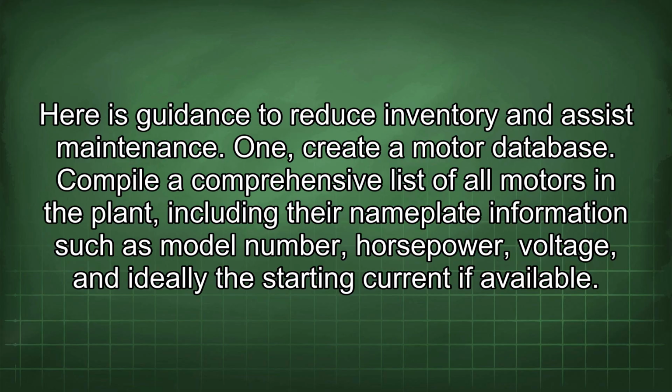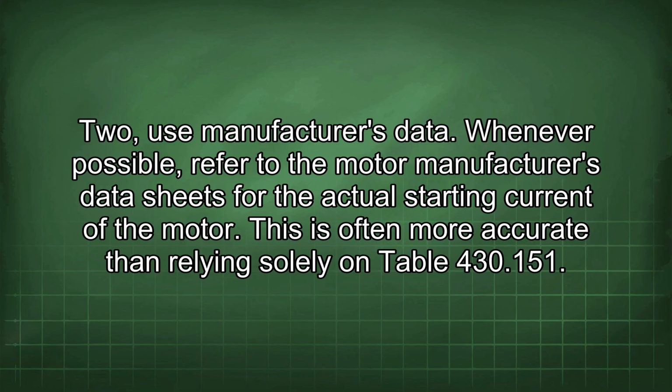1. Create a motor database. Compile a comprehensive list of all motors in the plant, including their nameplate information such as model number, horsepower, voltage, and ideally the starting current if available. 2. Use manufacturer's data. Whenever possible, refer to the motor manufacturer's data sheets for the actual starting current of the motor. This is often more accurate than relying solely on Table